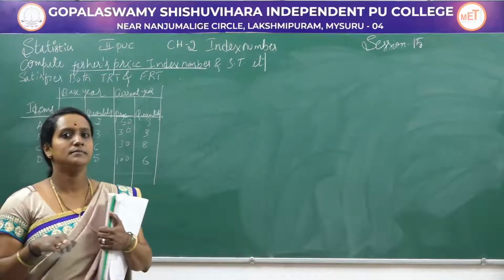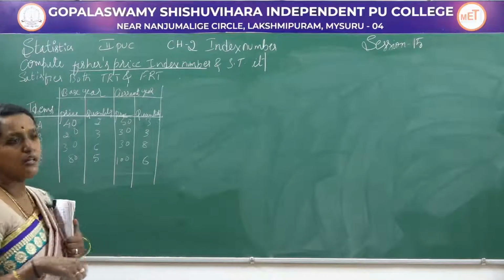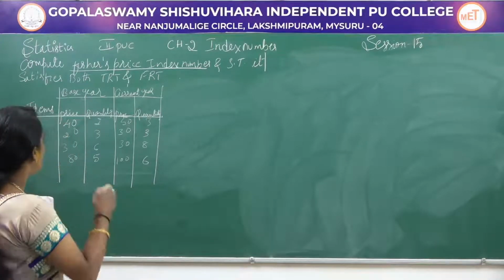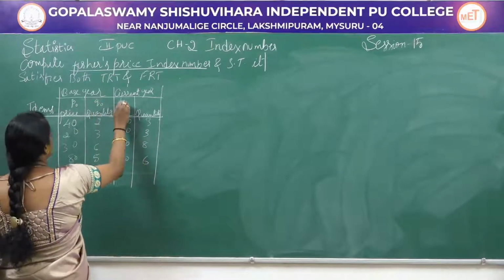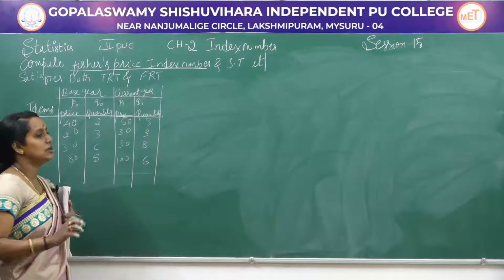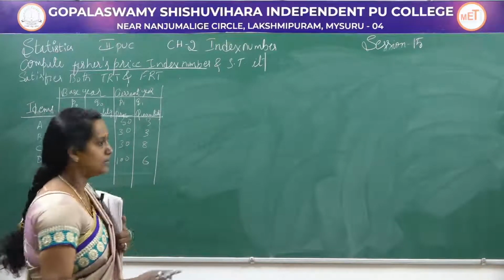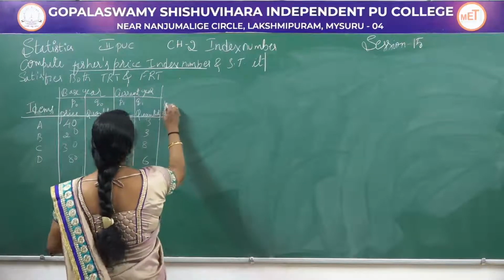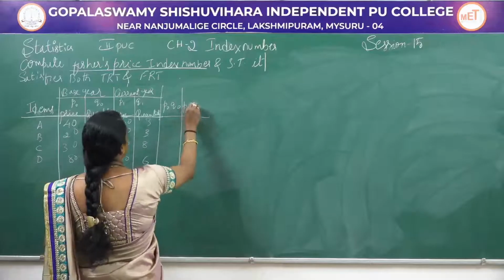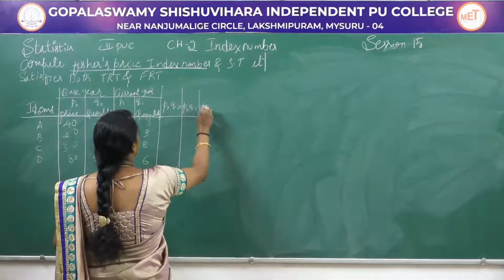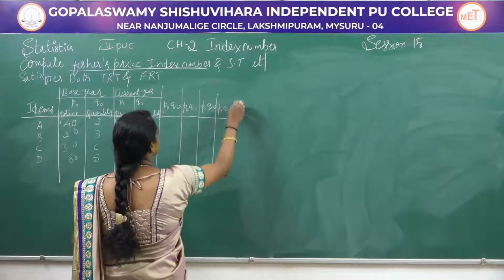So this is the problem. Again here they have given the price and quantity for base year, price and quantity of current year. Let's denote this one. It is P0, Q0, P1, Q1. So same, first we have to calculate the Fisher's price index number. For that we have to take the product of these things: P0 Q1, P1 Q0, P1 Q1.